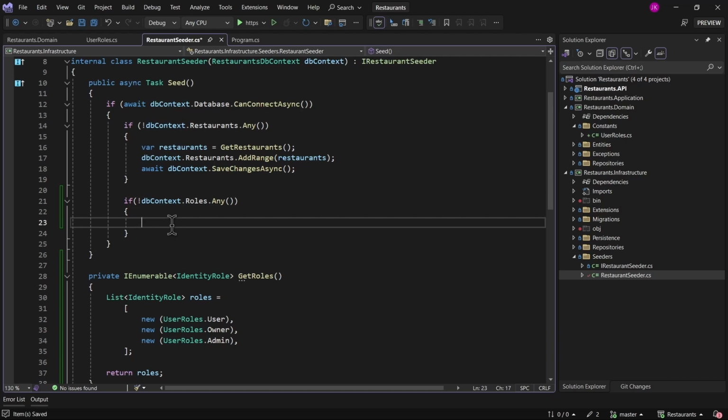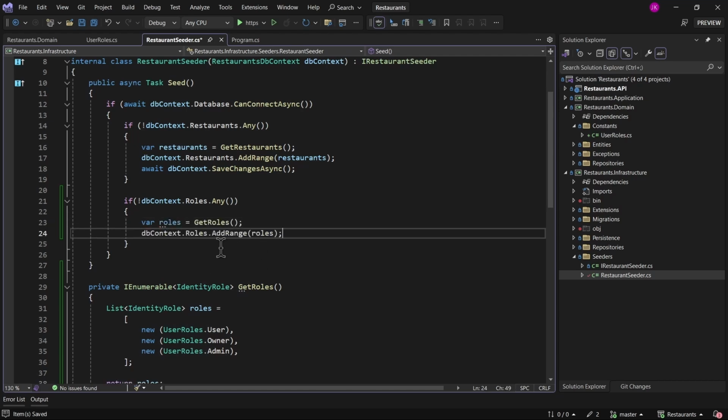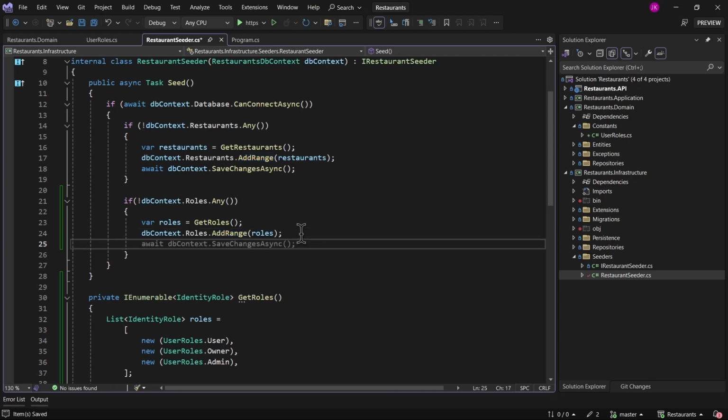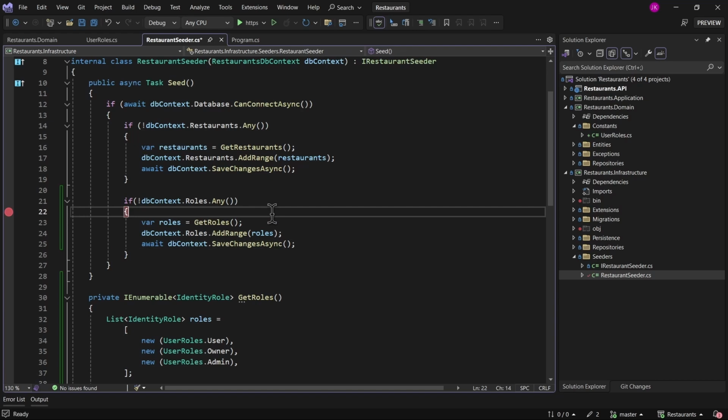So in that case, I'm just going to get the roles from the getRoles method, and then on the Roles property, I'm going to invoke the AddRange method. And lastly, to save the changes on the database context, I'm just going to invoke the dbContext.SaveChangesAsync method. All right, so let's go ahead and start the Web API project. Just to make sure that we are going to insert those 3 new roles, I'm going to put a breakpoint